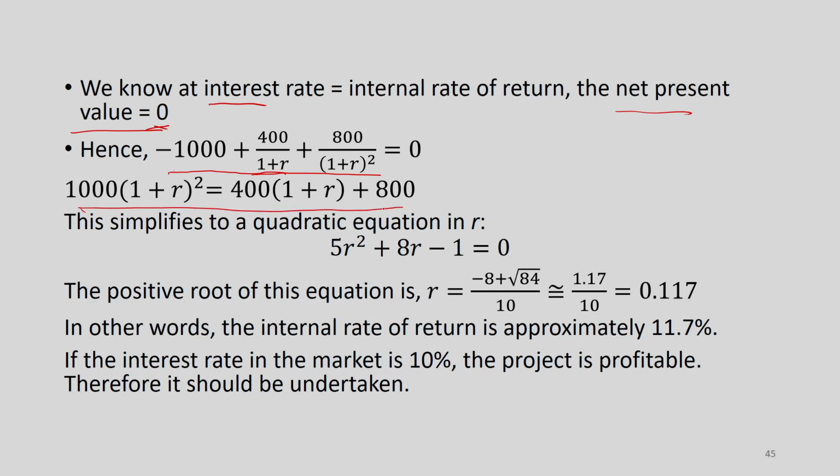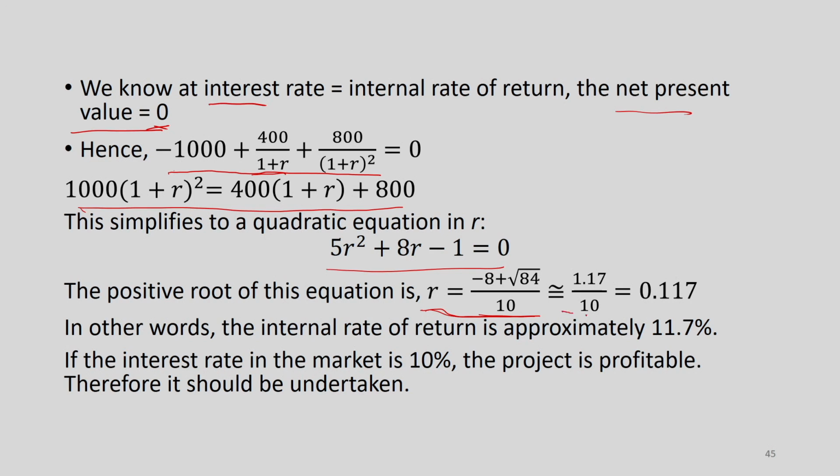So, I will get this, and it can be simplified further, and it gives us a simple quadratic equation in r: 5r square plus 8r minus 1 is equal to 0. Now, as it is known, in a quadratic equation there are generally two roots, and here the negative root we should ignore because a negative rate of interest does not make much sense. So, we look at the positive root of r, which can be found by the formula minus b plus root over b square minus 4ac divided by 2a, and that turns out to be minus 8 plus root over 84 divided by 10,